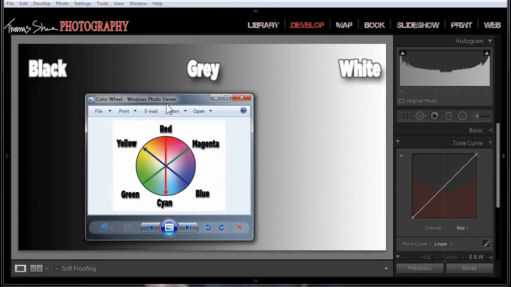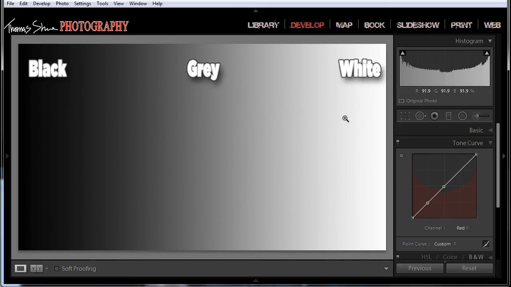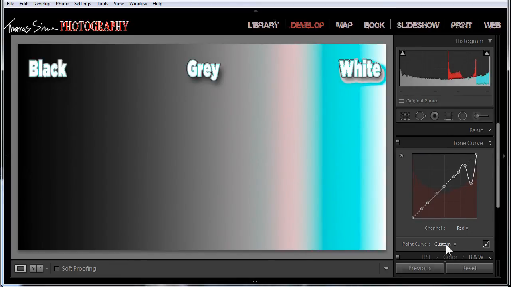So if we look at our color wheel, we're on the red channel, so we'll be making cyan or red. So let's pin this out here, and I want to make a cyan adjustment in the image over here. Okay, that's going to be pretty easy. We'll pin this out. So I want cyan there. Bang, there's cyan. Okay, and you can see that I've got some red going there, because you see it's kind of